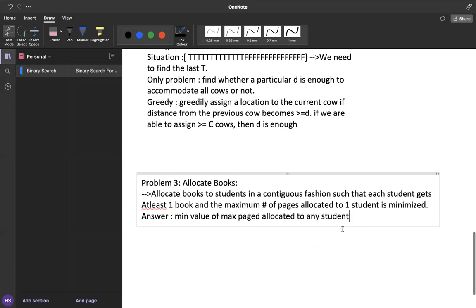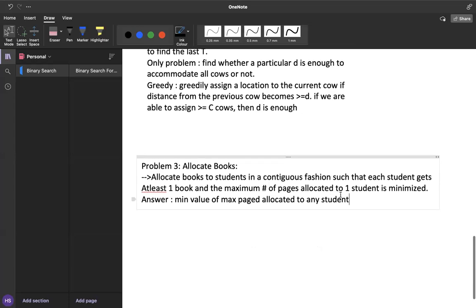Since we always binary search on the answer, we are going to binary search on the maximum number of pages allocated to any student, and say whether a particular value of maximum pages is good or not, right?